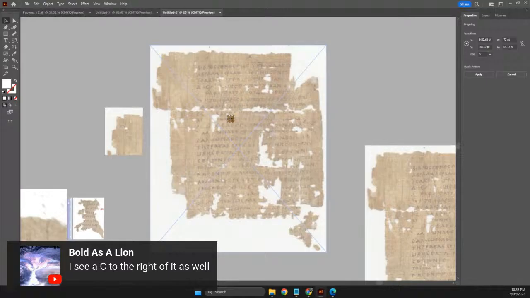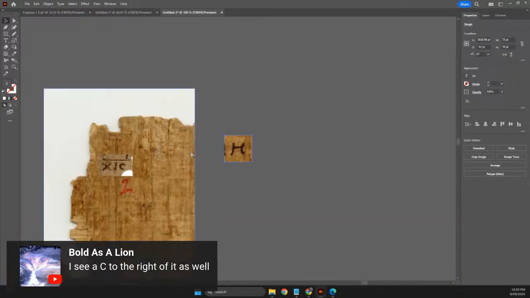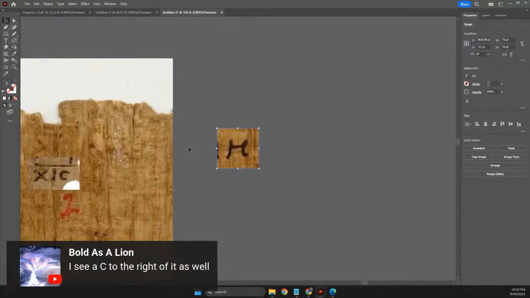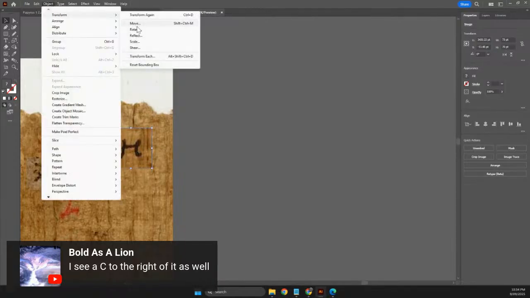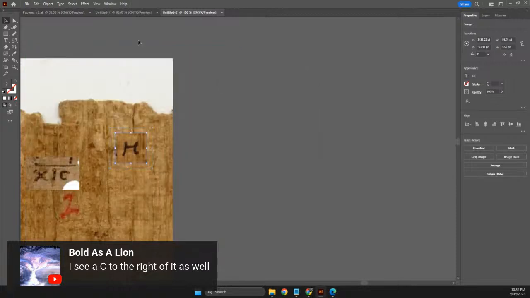Apply. Okay, it's a little bit bigger, and that goes behind, so let's bring it in front. There we are. It's probably not that big, so let's go to transform scale. Let's go to, say, 75%. Might be a bit smaller, but